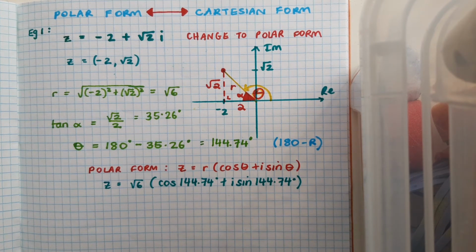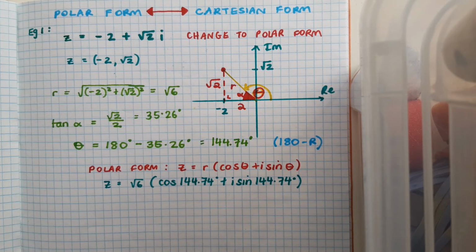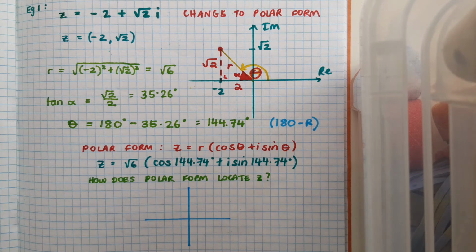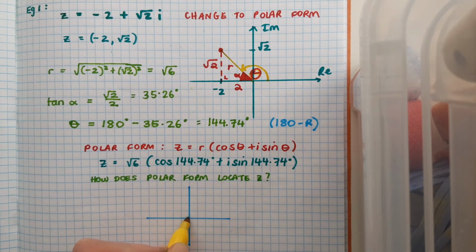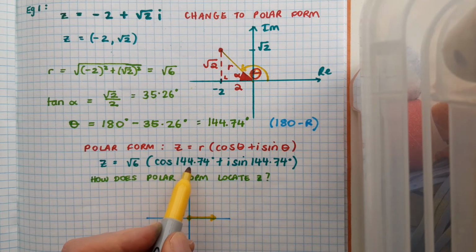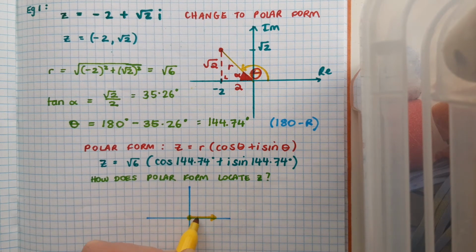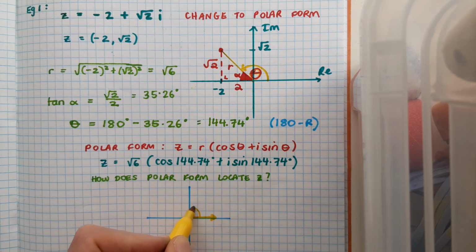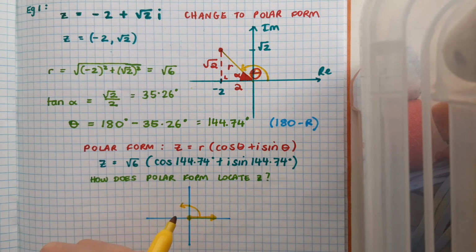So let's just stop for a second and think about what this polar form is actually telling me. It's basically a slightly different set of directions, if you like, to my complex number's location on the Argand diagram. So like Cartesian form, it's kind of like I'm starting at the origin. In the case of polar form, I imagine myself starting at the origin, but looking out along the positive real axis. So my argument, my theta 144.74, is telling me to make a turn anti-clockwise of 144.74 degrees, and then